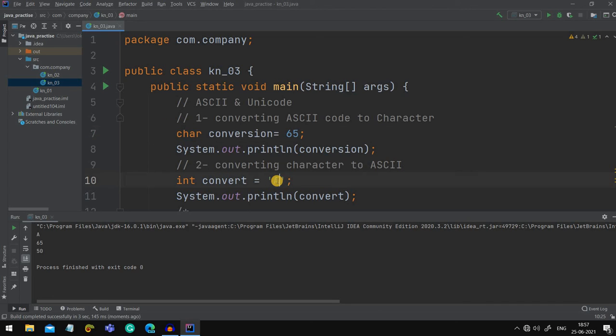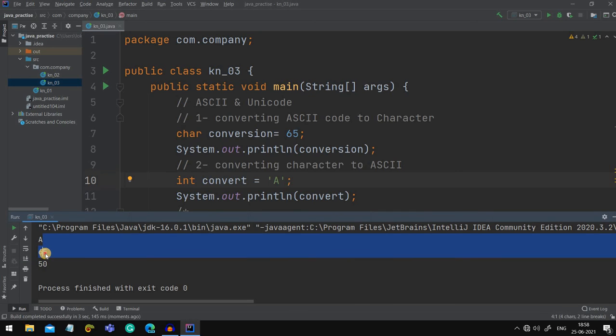Now A I have converted into int. So what value should come? It is a rule that int will never store any character. So it will give us the numeric value only, and this 65 is the numeric value. Where did it get it from? The ASCII code, American Standard Code for Information Interchange.